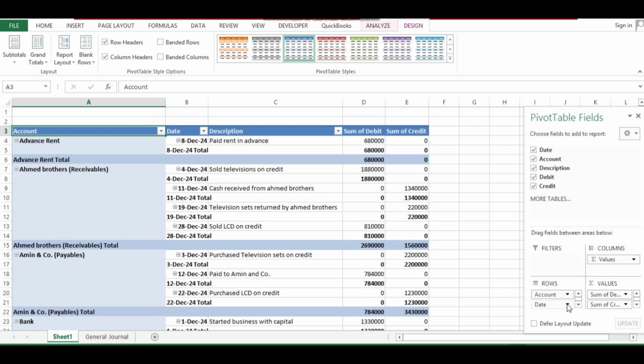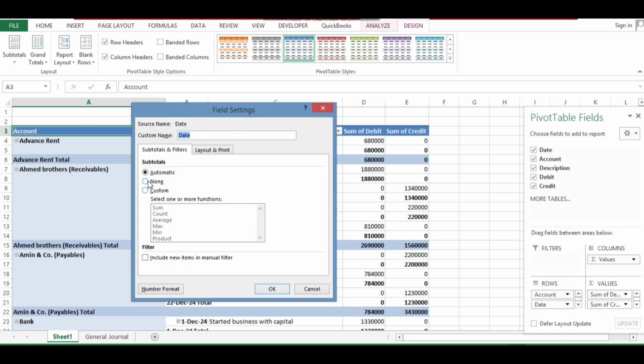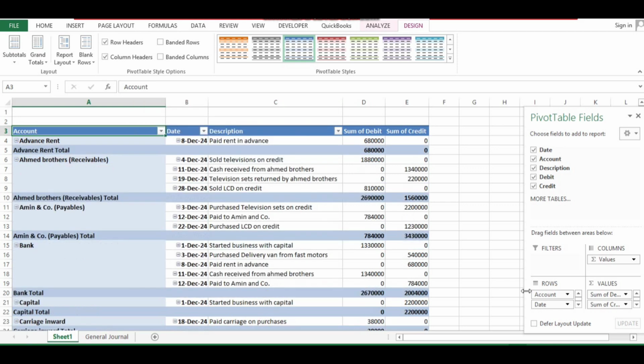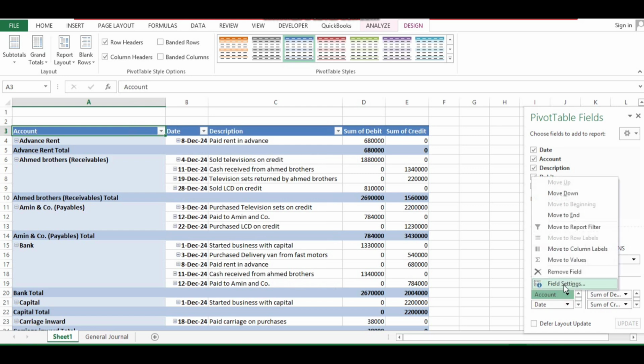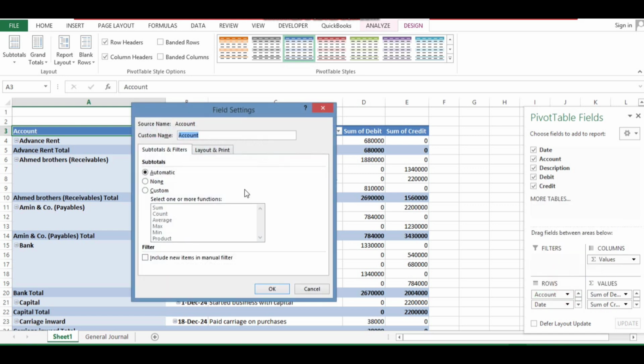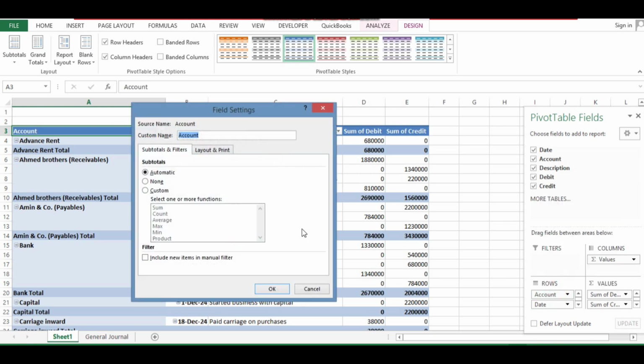For better presentation, go to date here, field settings, and click select none and press OK. And do it for description as well. Go to field settings and none it. Do not change for account, just leave it as automatic. Okay, so to organize it a bit better, go to account, drop down menu, field setting,